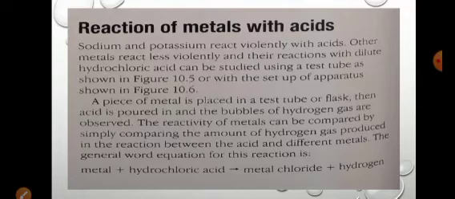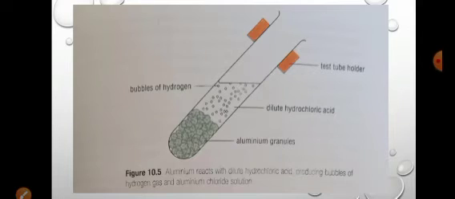The reaction of metals can be compared by simply comparing the amount of hydrogen produced in the reaction between the acid and different metals. The general word equation for this reaction is metal plus hydrochloric acid gives metal chloride plus hydrogen. So as we have seen so far, the reactions differ according to the